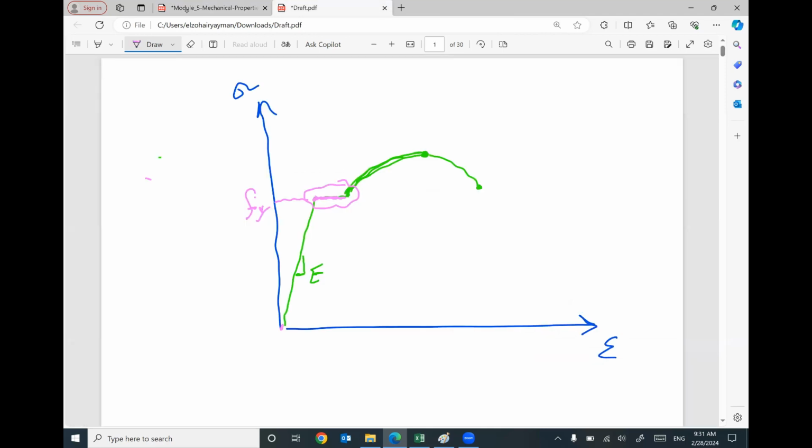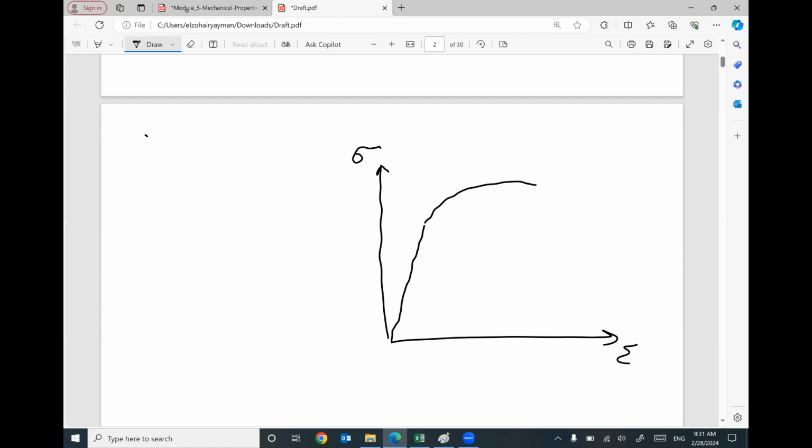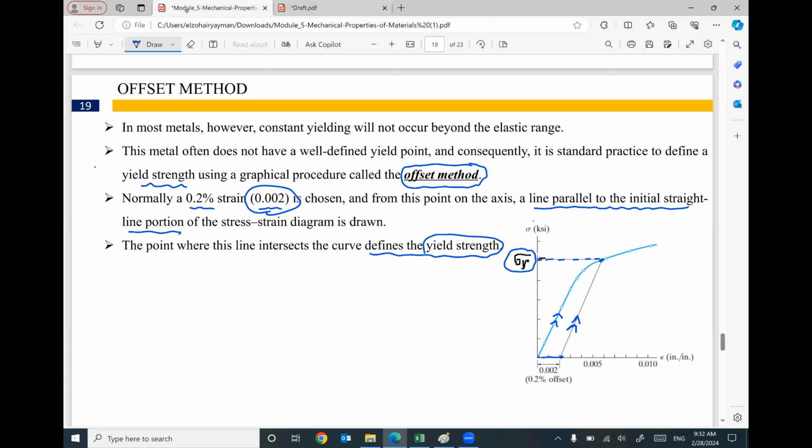So if we have a relationship which is not typical, if we have a relationship between strain and stress for some of the metals, and in this relationship, we have a linear relationship, then a curve without a clear definition for the yielding behavior, in this case, I'm going to measure here a value of strain equal 0.2% or 0.002. That makes sense? This is the value of the strain, 0.002.